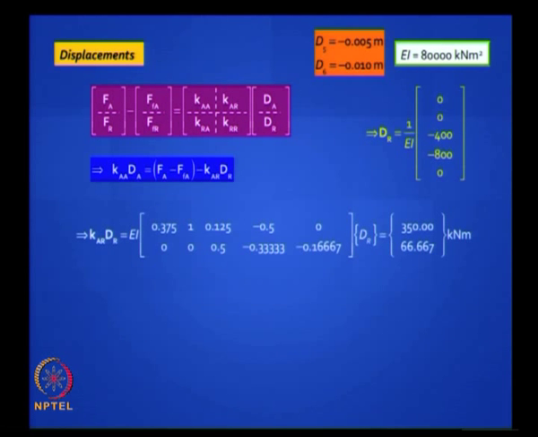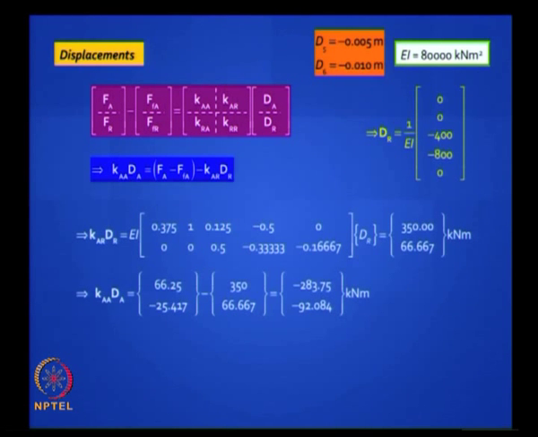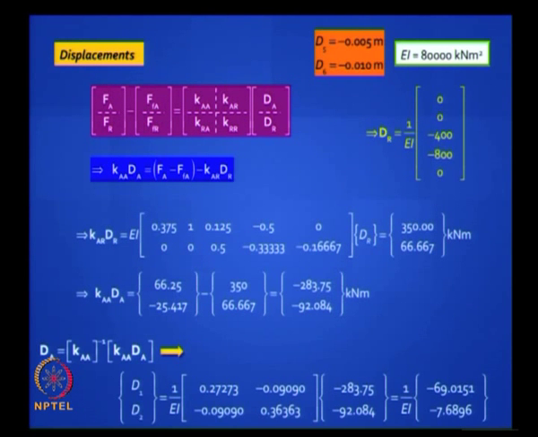You first take care of the dr kr. You can do this stepwise or you can do it in one shot, I leave it to you. Finally you get the answer, okay, you get the unknown displacements, and we have solved this problem earlier by the hard conventional stiffness method. You get, if you check up, you get exactly the same solutions.